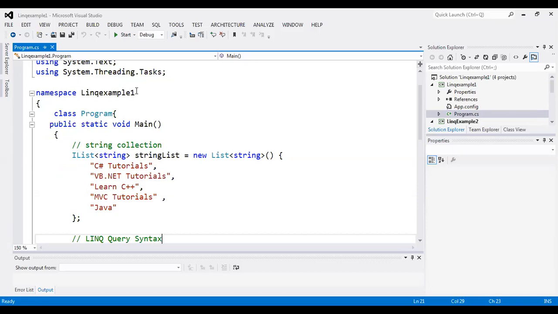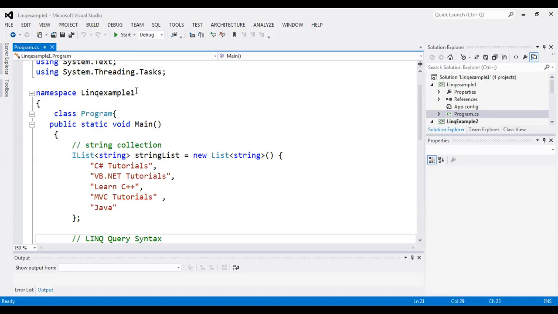tutorials, and Java. Now, if I wanted to apply some conditions on this particular list, then in general, what kind of code do you have to write? Like, take an example. If I ask you to retrieve only those strings which contain the tutorials keyword, then I need to use a foreach loop.